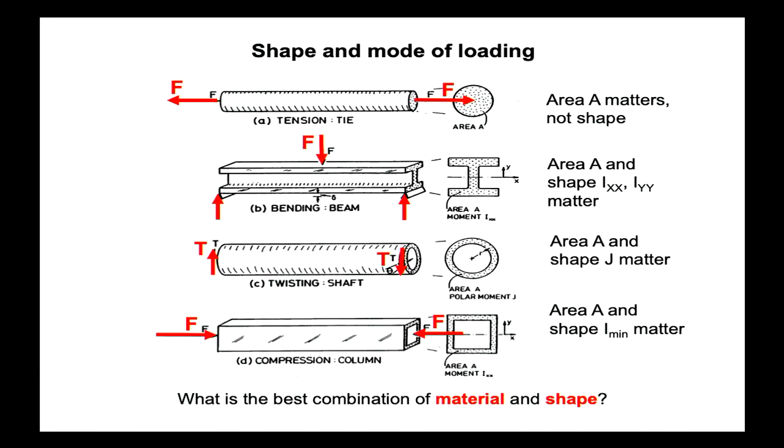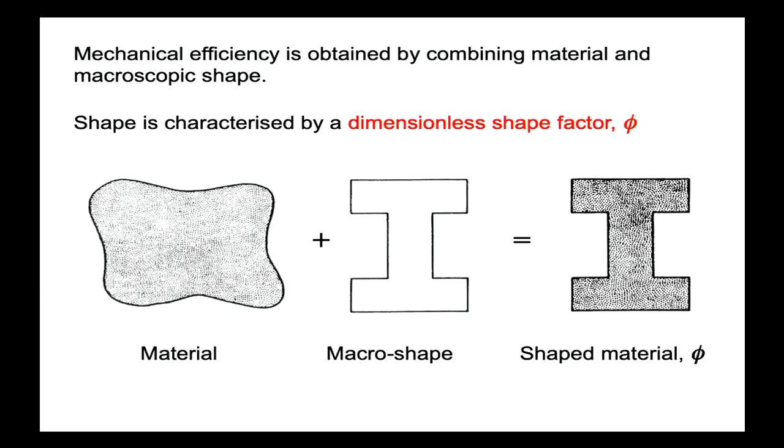for twisting, and again, for compression, it can just be as simple as F on A, or we have to go into Euler-type Johnson calculations for columns, whether they're long or short. I actually covered that in one of my lectures on structural integrity. So we need to think about what is the best combination of material and shape for the load that we've got being applied. Now, this little slide is just a starting point for this, and the key word,